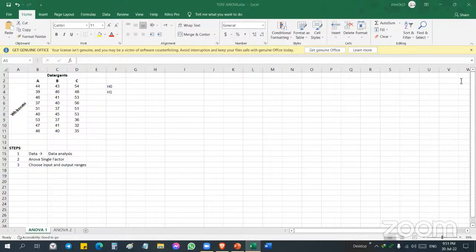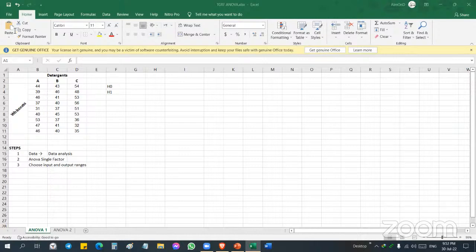Yes. Okay, thank you. So we have a set of data. We have 3 types of detergents, A, B, and C, and we want to see the degree of whiteness after we wash these clothes with our different detergents. And this is the degree of whiteness. So we have 3 different data sets. So that's why we will use ANOVA. It's not 2. If it was 2, we would use a t-test. If it's more than 2,